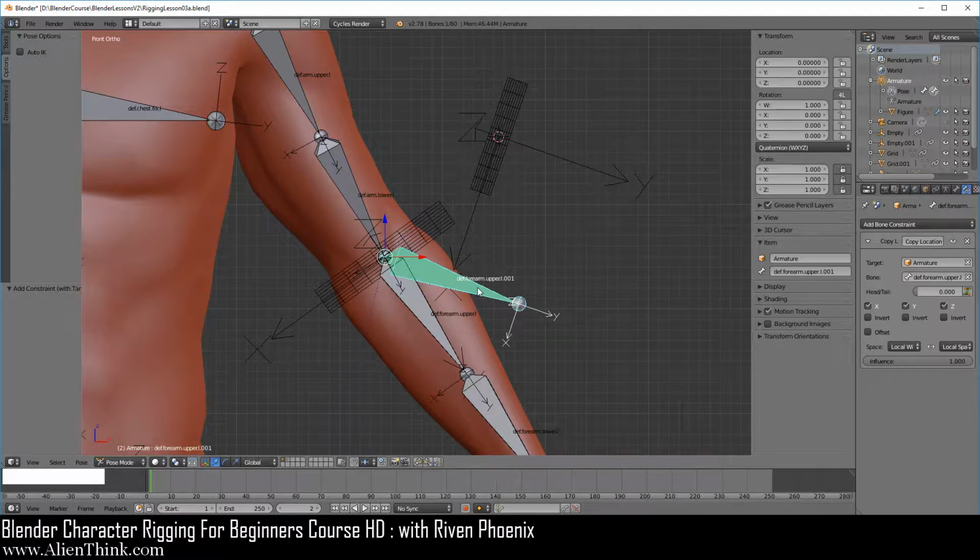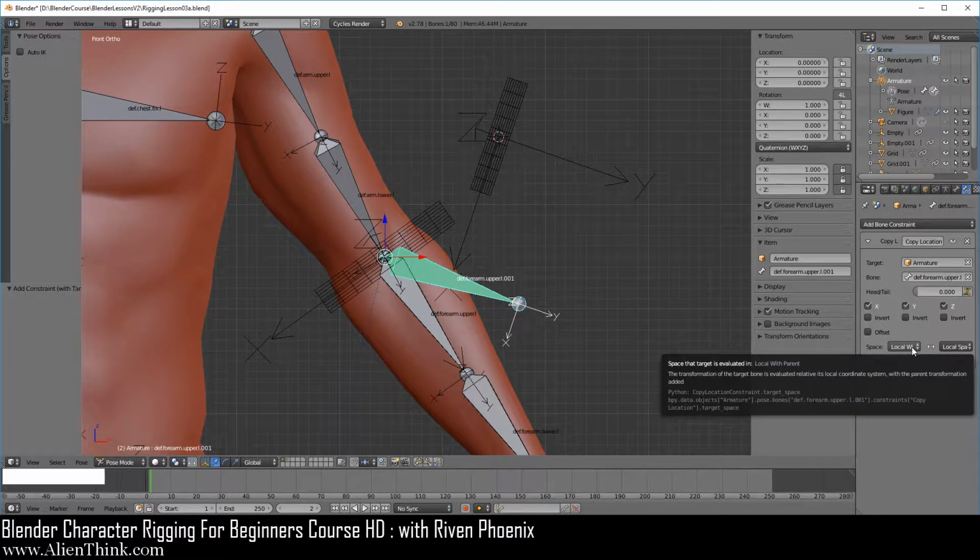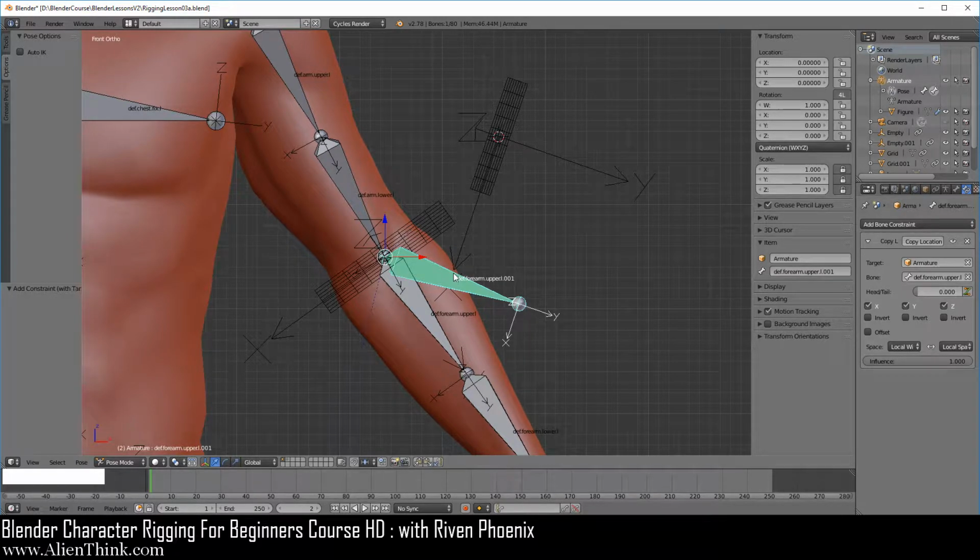So this bone is proving to you how this concept is working, basically what I'm saying, right? That information that's coming from this grid is being injected into this bone, and this bone is showing you that it's the same exact information, right? This is how this concept is going to work over here. Now, what I want you to do is over here, we're going to leave this at local with parent and now switch to world space.